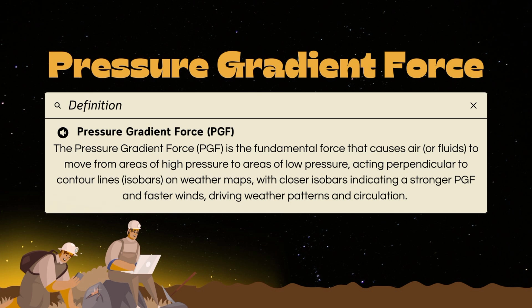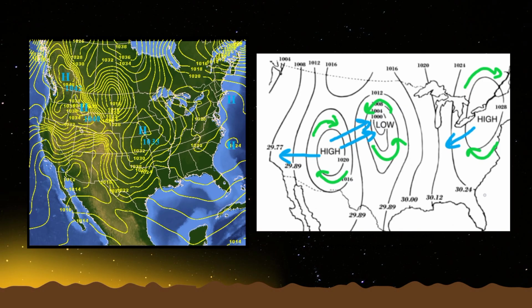To further understand what I mean, let me show you an image. As you can see, the image shows a weather map with lines or curves called isobars in different areas, and the distance between them is different. There are areas where the isobars are close to each other, while in other areas the isobars are far away from each other.